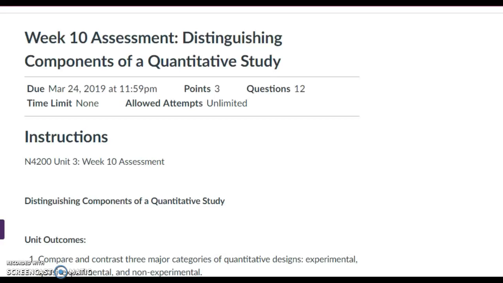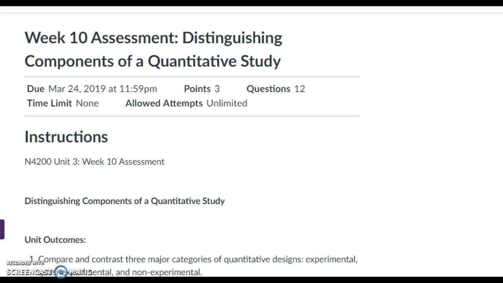Now that you've had the opportunity to do a little comparison between quantitative and qualitative studies and see what each of those look like a bit more, particularly in the Week 9 assignment, we're going to dig into each one individually and really explore each one. First is Week 10. Now, you need to look back at your annotated bibliography, and you can see there if